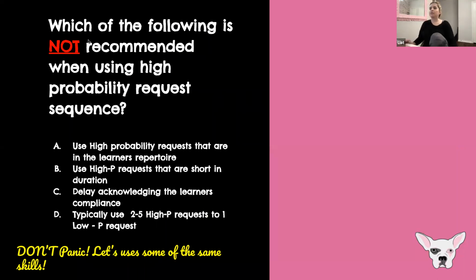So when you get a test question, it might occasionally bold or highlight or all caps the word not, but it likely won't, okay? So it might just read the exact same and say, which of the following is not recommended when using high probability request sequence, okay? Now, if you're the average person reading this quickly,